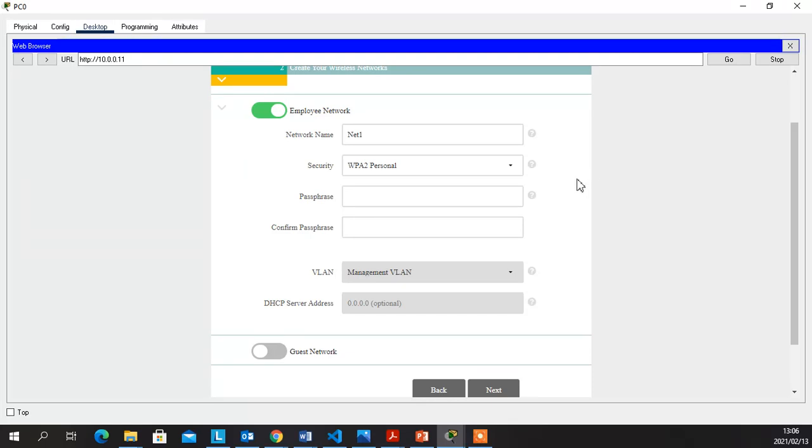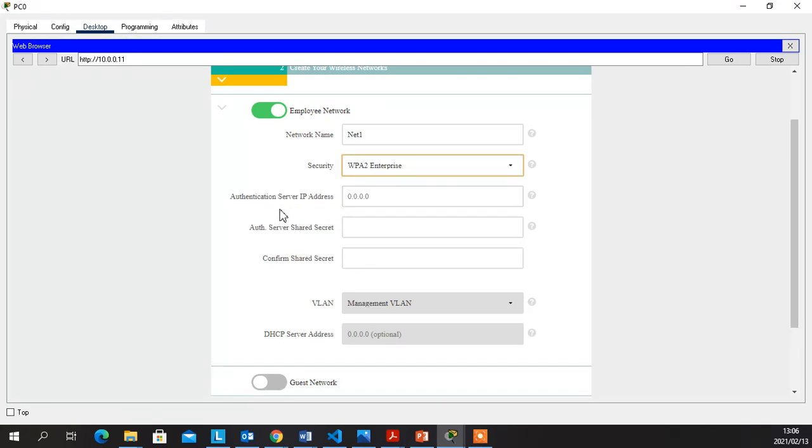And then security, we have two options. We have the WPA2, which is the personal. Personal only requires what? The passphrase. Just type in the password and then confirm that. And then we have the second option, which we use in bigger organizations, right? Which is the enterprise. So if we click on enterprise, you see it now wants the IP address of